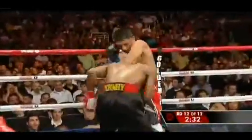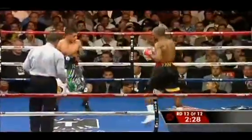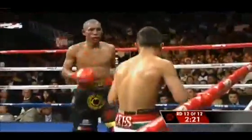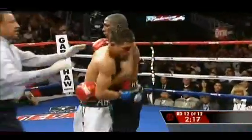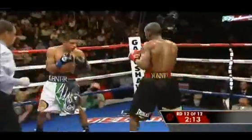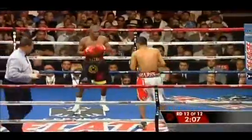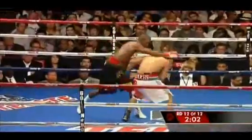Now Marez gets on his bicycle to start the round. Nice left hook by Yonnhy Perez while Marez had his back against the ropes. Overhand right again. Left hook now by Marez. 12th and final round. Wild right hand by Marez, but it's been landing tonight. If there ends up being a slight difference in this fight, in my opinion, it's going to be